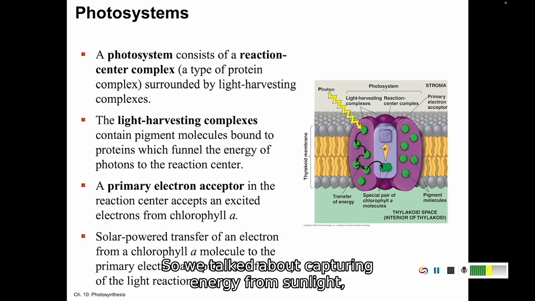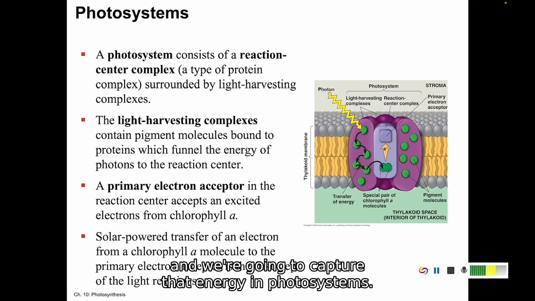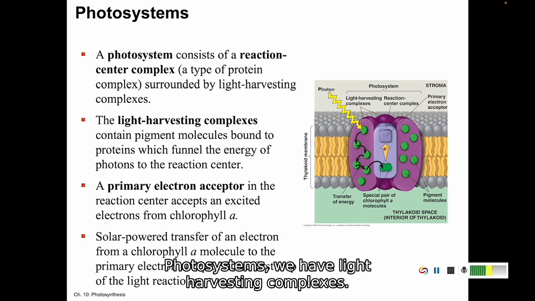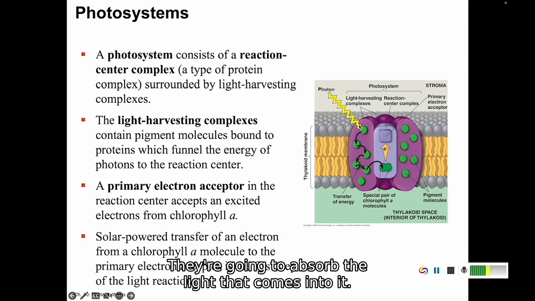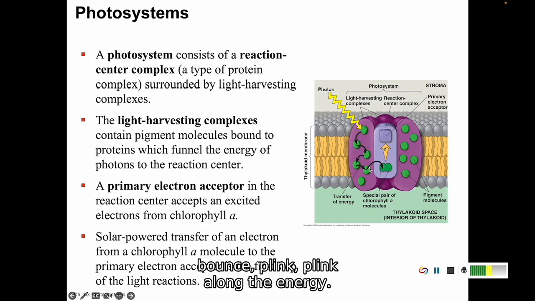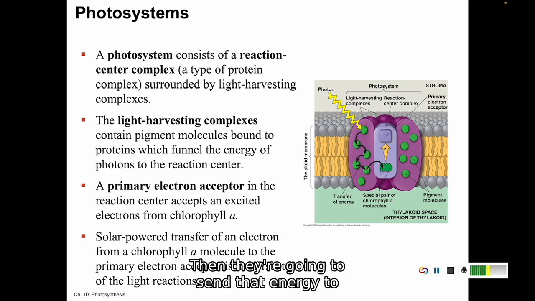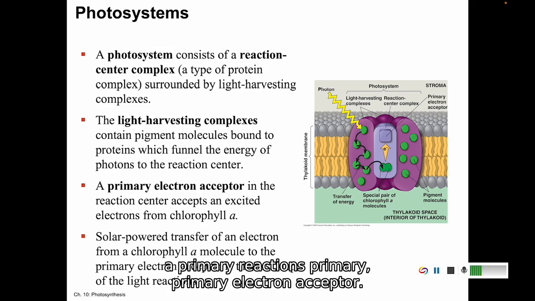So we talked about capturing energy from sunlight. And we are going to capture that energy in photosystems. In our photosystems, we have light harvesting complexes. These are molecules that are going to harvest light. They're going to absorb the light that comes into it, and they're just going to bounce the energy along. Then they're going to send that energy to a primary reaction center, primary